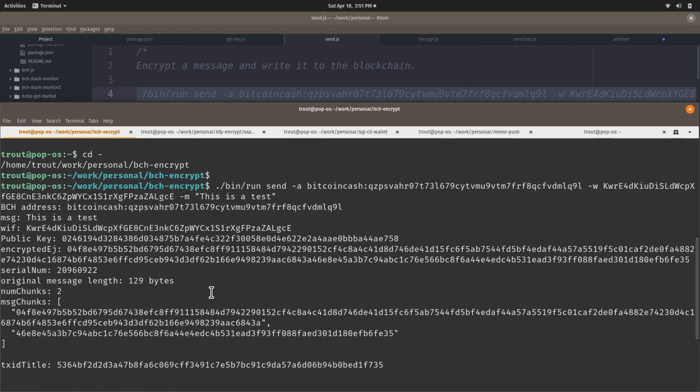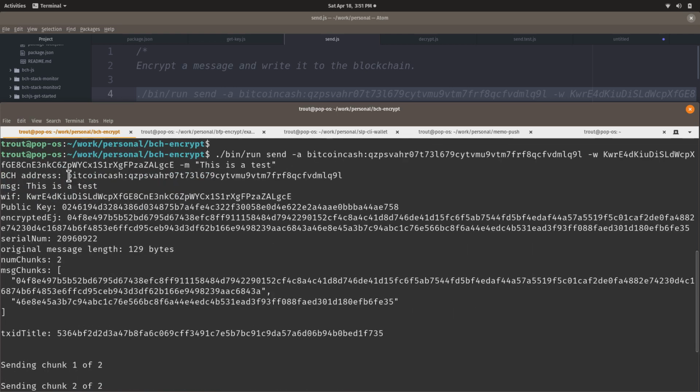Let's take a look at what came out. Here's the Bitcoin Cash address, the message, and the private key we used. It was able to use the get key command to retrieve the public key associated with this Bitcoin Cash address.